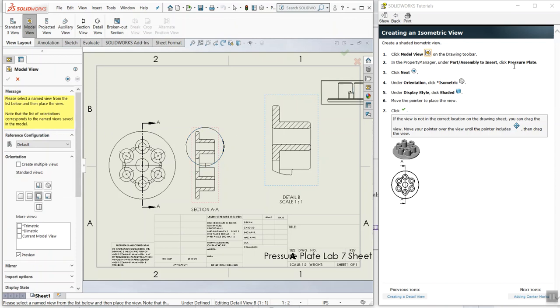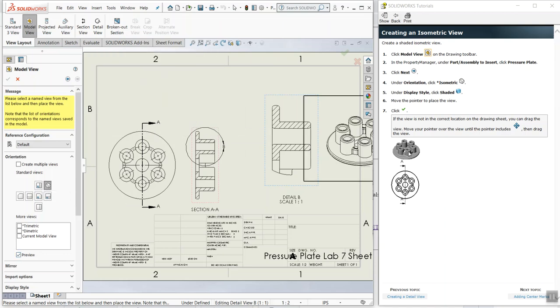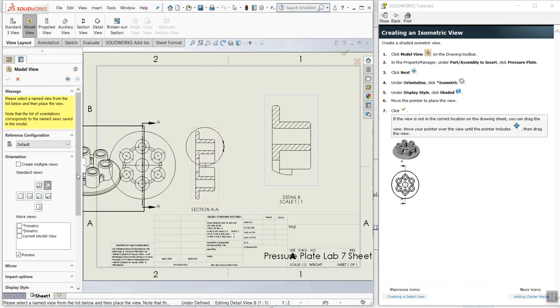And this time we're going to bring in the isometric view. The isometric one is the angled one right there. Hover over it, isometric, click on it. I still have preview on, so I can actually preview it and see, yep, that's what theirs looks like, except